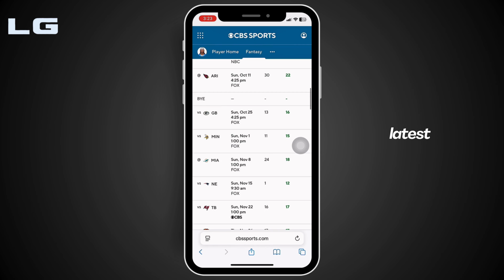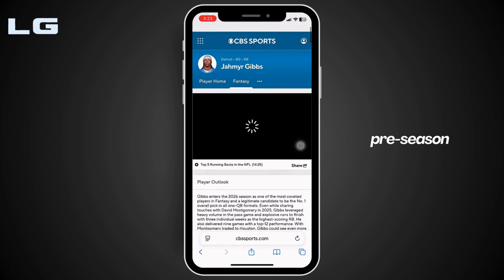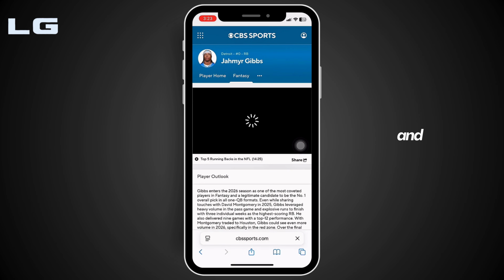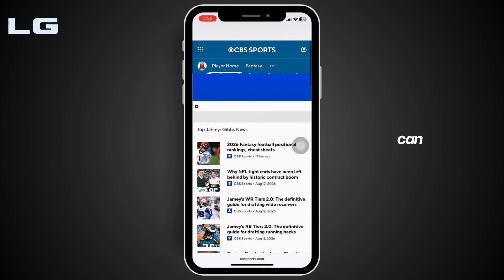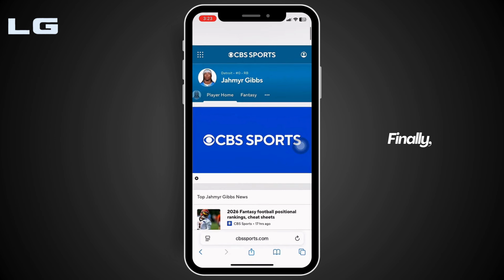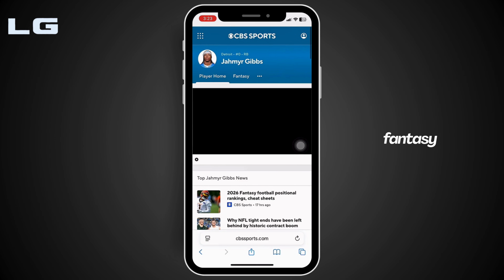You should also check the latest training camp and preseason news, because injuries and depth chart changes can quickly create new sleepers. Finally, compare rankings from multiple fantasy sites before making your pick. The key is simple: look for opportunity, upside, and a low draft cost, and that's how you can find potential fantasy football sleepers for